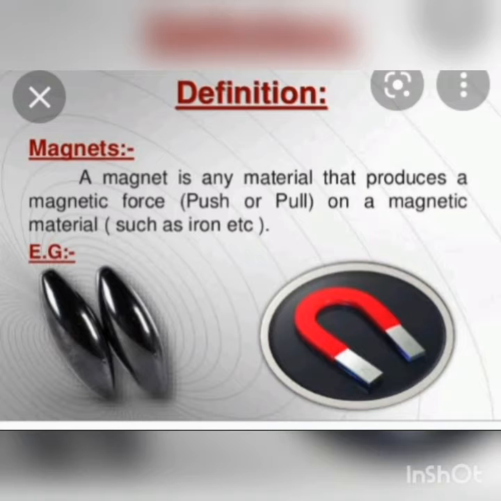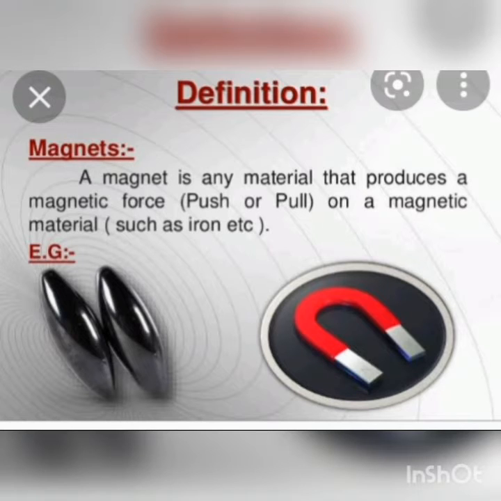So first one, the discovery of magnets. According to the legend, the first magnet was discovered by a Greek shepherd named Magnus. It is said that the nails in his shoes and the iron tip of his staff got stuck to a large black rock on which he was standing. So the Greeks named this strange type of rock magnetite. The Chinese also knew about magnets. Ancient Chinese sailors used magnets for navigation.